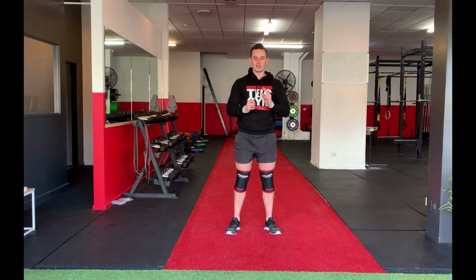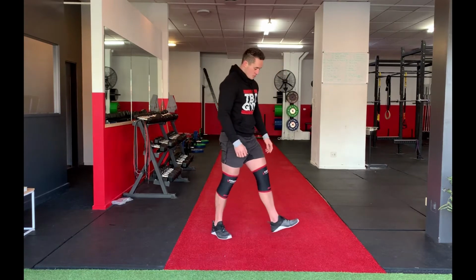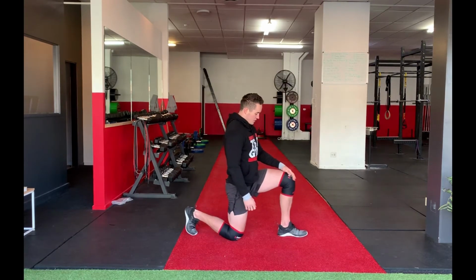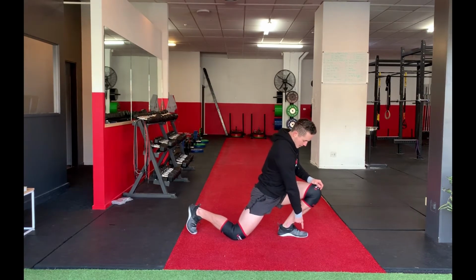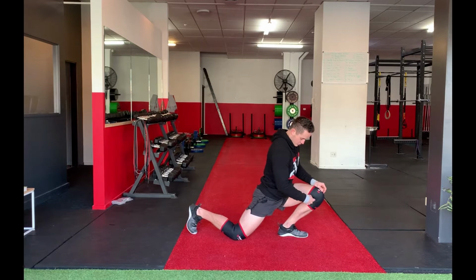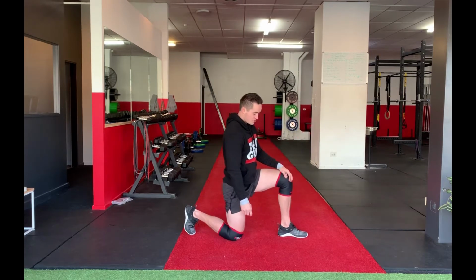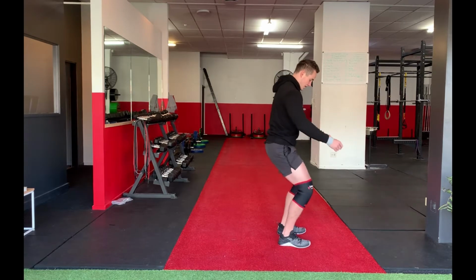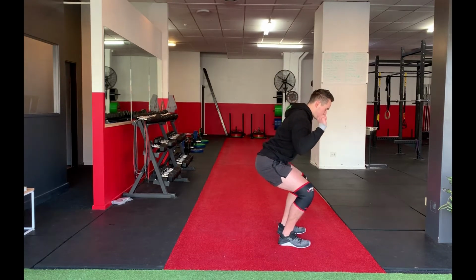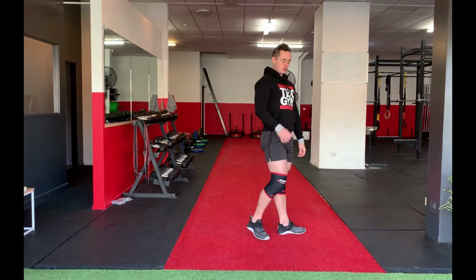In order to do this, we need three key components. We need enough ankle flexibility, which means that without load, I need to be able to get my kneecap or the back of my kneecap over my big toe. So if I cannot have this range of motion and my ankle gets stuck, then I need to release tension through the calf or ankle in order to increase that range of motion so that I can actually get to depth. Because if I go to squat and my knees are stuck and I can only get to there, I'm not going to be able to get lower without folding forward and using my back